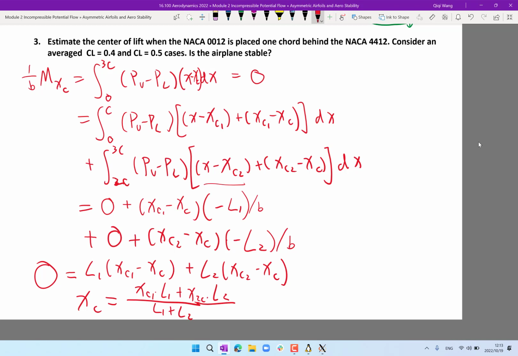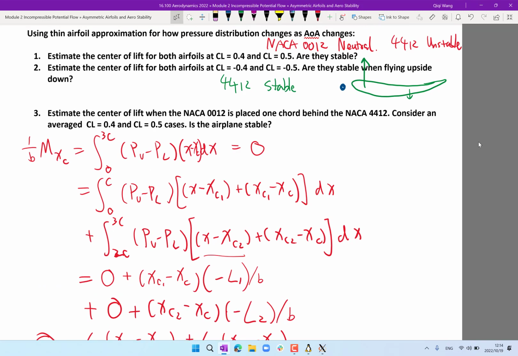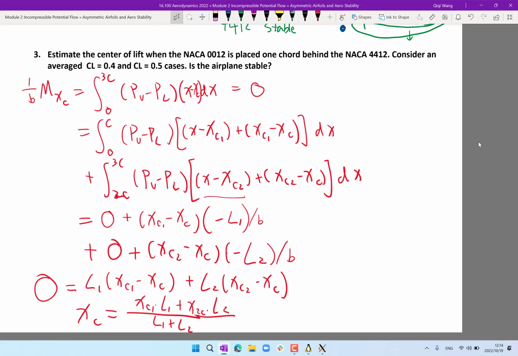So that's basically what we commonly get from mechanics, right? If we have two forces, one at one location, another at another location, the center of these two forces is the weighted average of the location of these two forces, and the weight is the respective force. Okay? By the way, this is also how you get a negative center of lift if you have a case like this, right? When you have, for example, L1 positive, L2 negative, then, well, you do the weighted average, you can get something like actually way off if one of these is of a different sign. Okay,